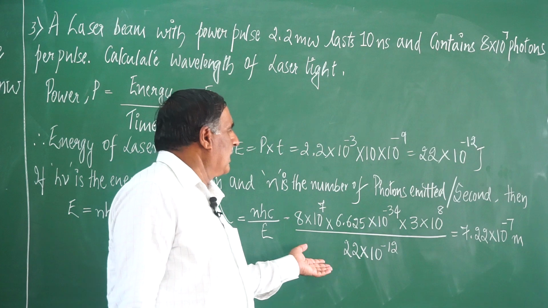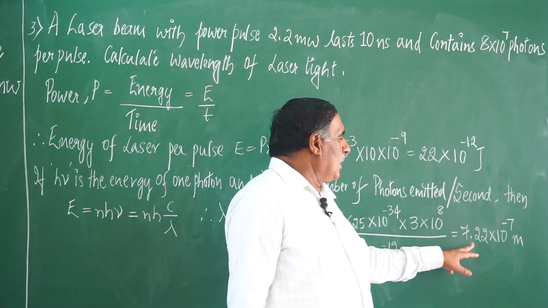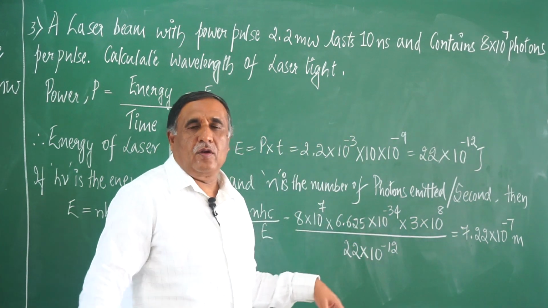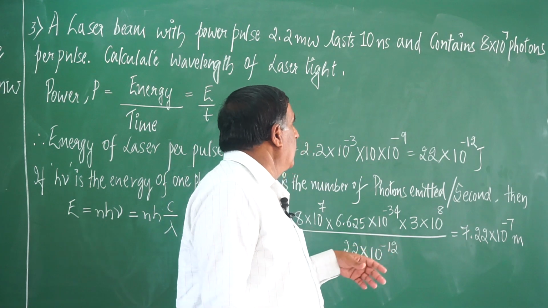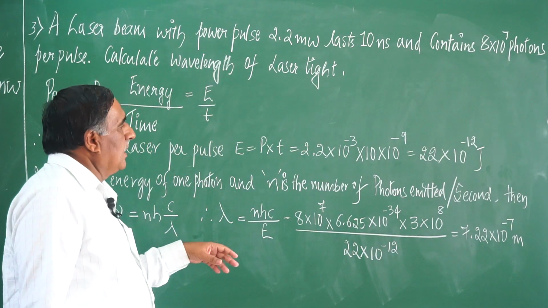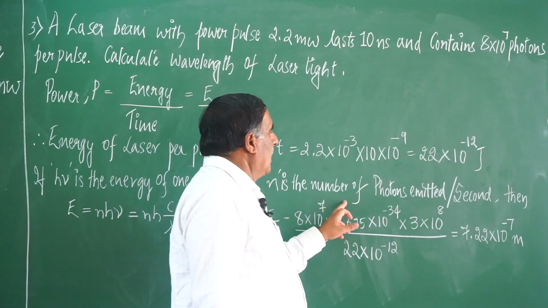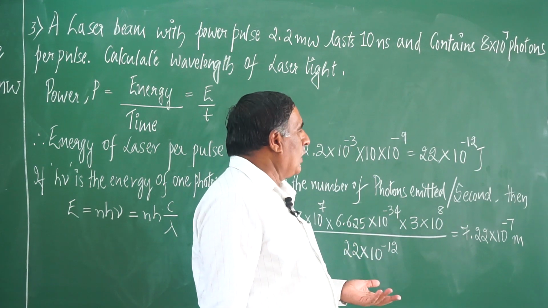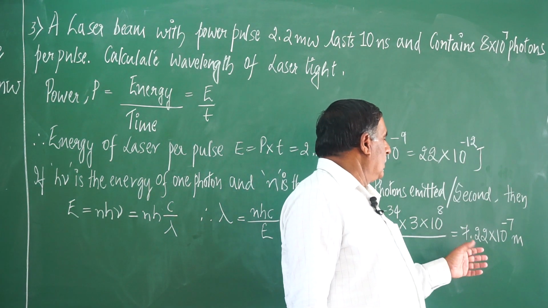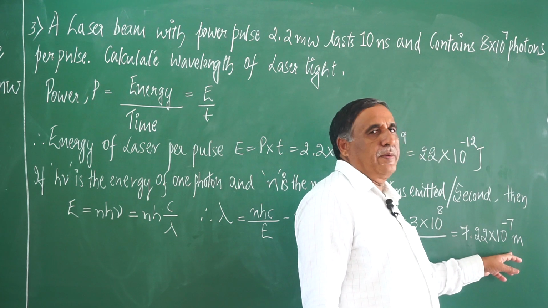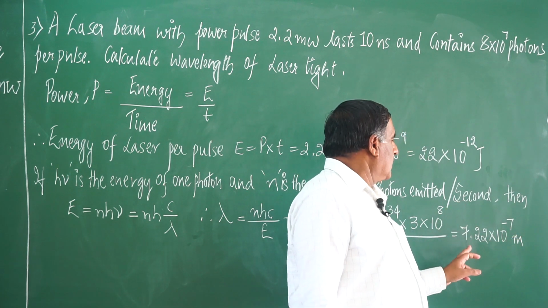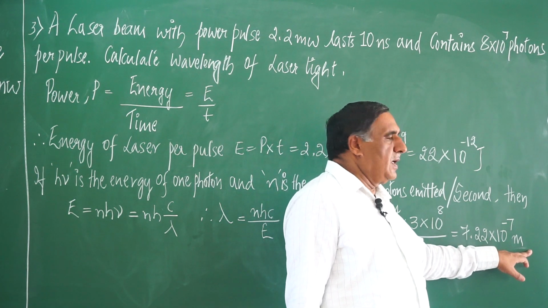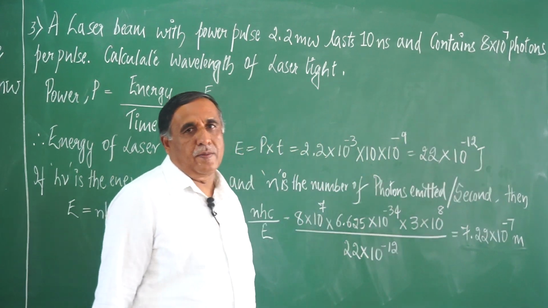Again substitute the values of E and all this, the final value is found to be 7.2 into 10 raised to minus 7 meter. That is the wavelength of the laser emitted, and this is in meters because all the quantities are substituted in terms of meters. But if one wants to convert into nanometers, then multiply by 10 raised to 9. So this can be taken as 722 nanometers, or in terms of angstrom 7220. But I think even if you write it in terms of meter, it is accepted. Okay. The next problem.